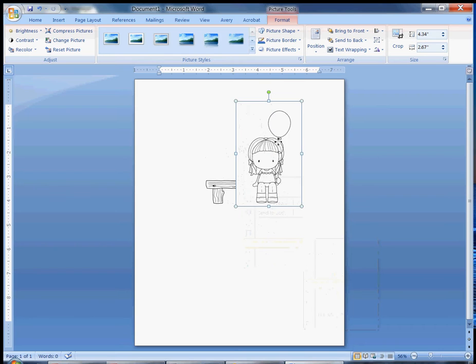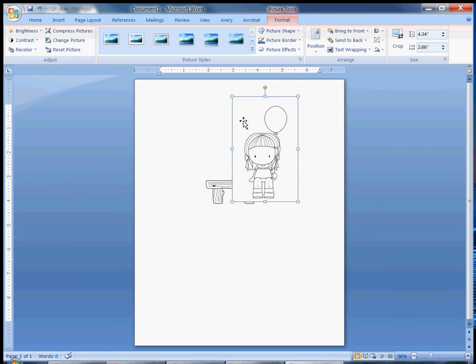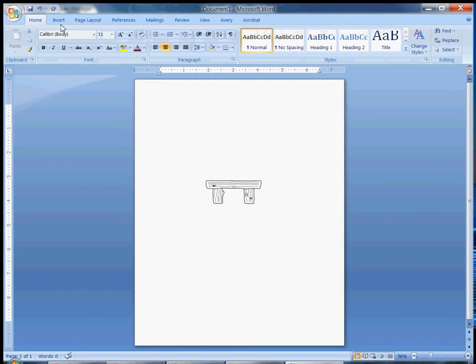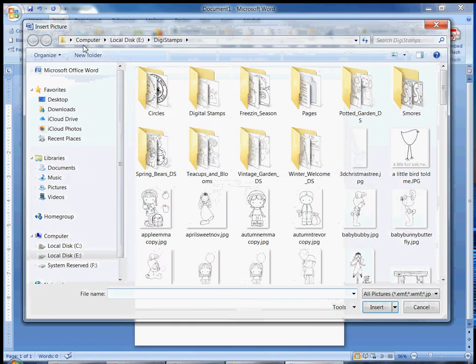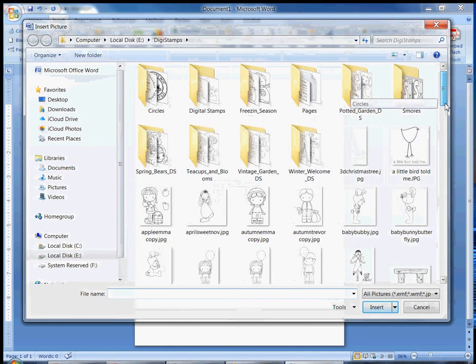But what you'll see is she has this white border around her, and so I can't really sit her on the bench because she hides the bench. So she needs to be a PNG. So let me just delete that picture, and then I'll go back and insert the one that I have already changed her into a